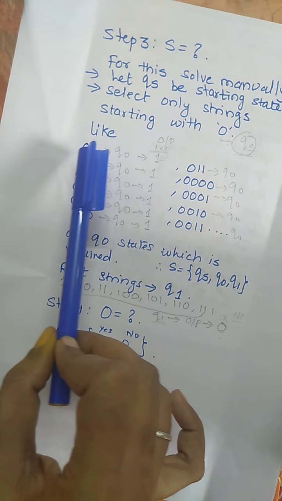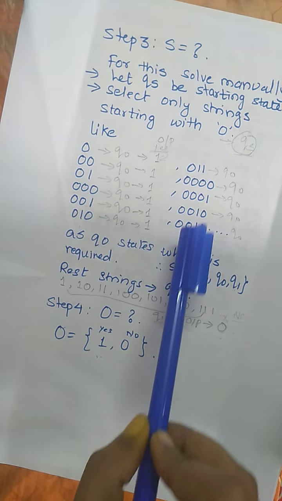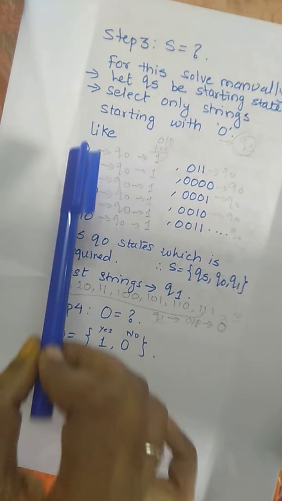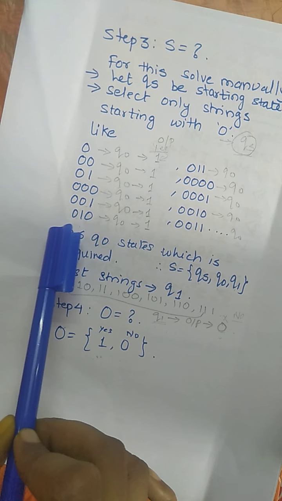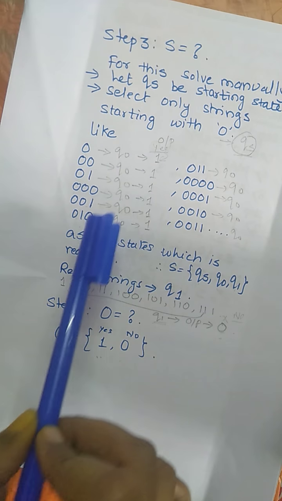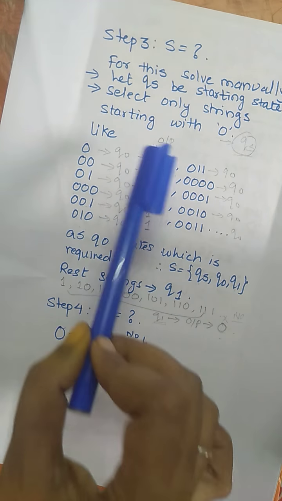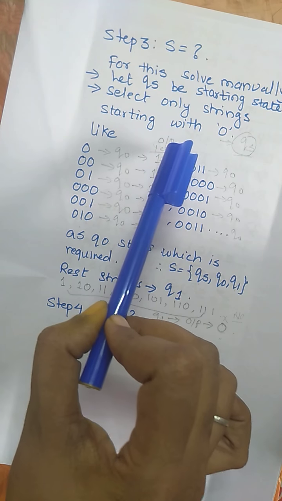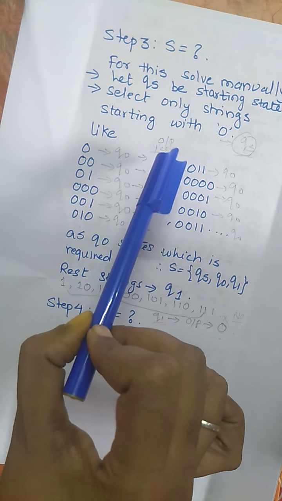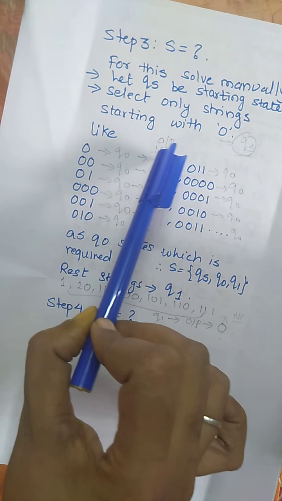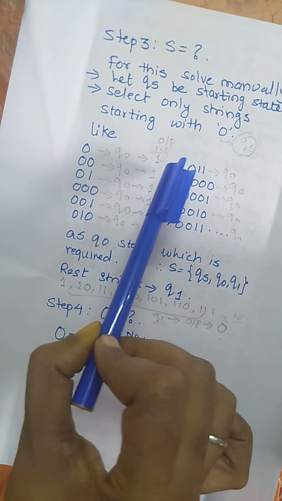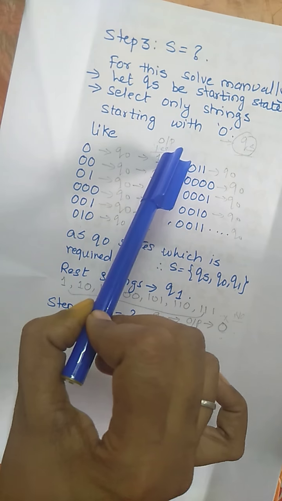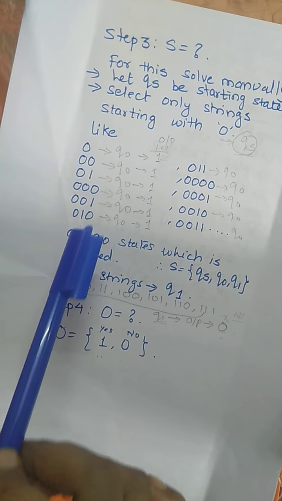State Q0 includes all the strings which have a similar condition, that the beginning bit is 0. As they start with the same condition, they are given the same state name Q0, plus they are according to the requirement, that means according to the question. So for that we use the output symbol 1. 1 indicates yes, they are according to the given condition.